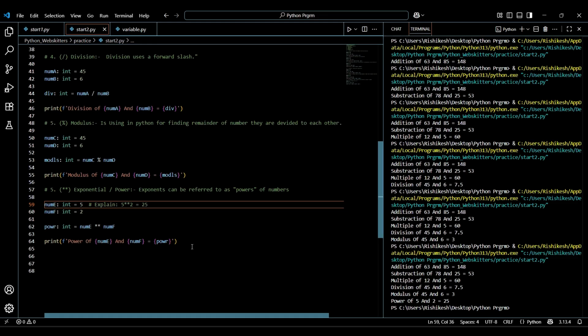So basically today we covered arithmetic operators in Python. There are four basic types of arithmetic operators: first addition, second subtraction, third multiplication, and fourth division. But I also covered some extra operators called modulus and exponential. Basically in Python